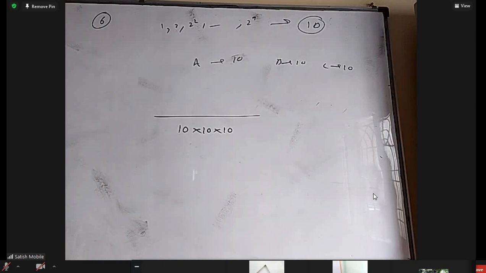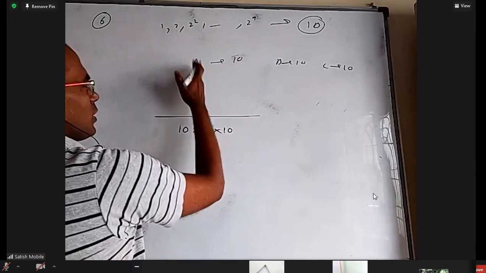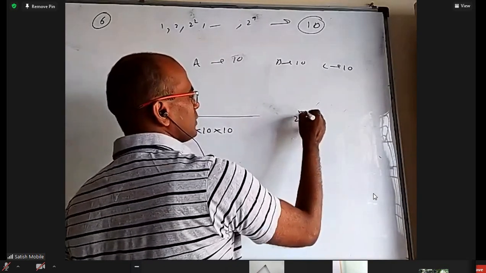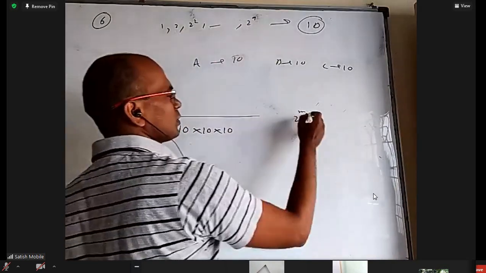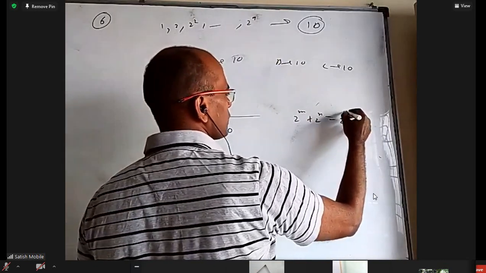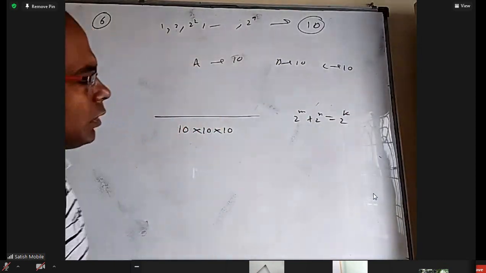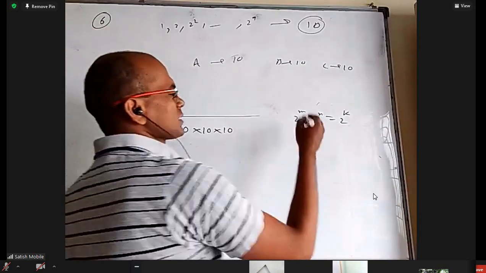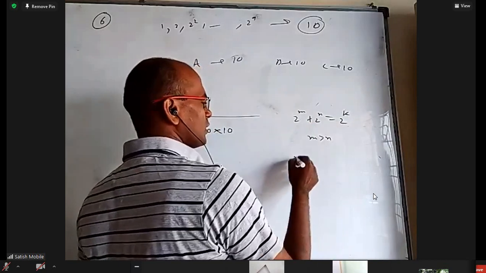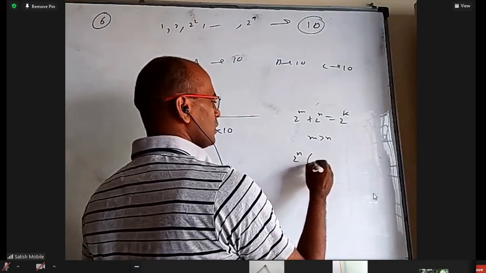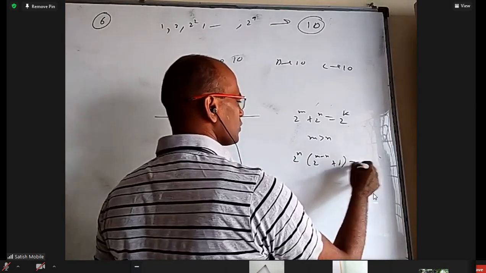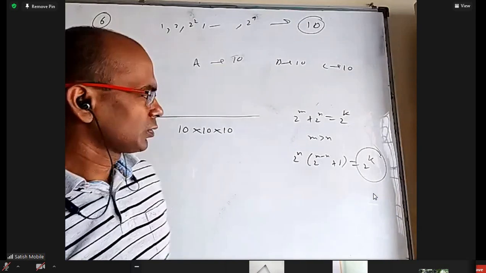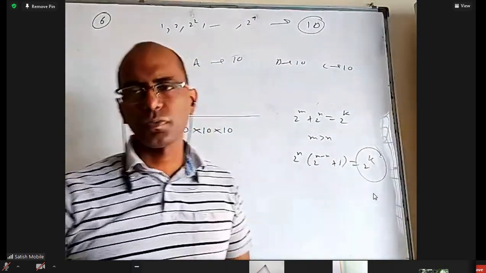Numerator. A and B, what number A got, what number B got, the sum should be that. So let us say one of them is 2 power m, and 2 power m plus 2 power n should be 2 power k. It is not possible. Why? Because let us say by chance m is greater than n. If I take 2 power n common, it will be 2 power n into (2 power m minus n plus 1) equal to 2 power k. For this, every divisor is 2 only. So that means even this should also be a multiple of 2.